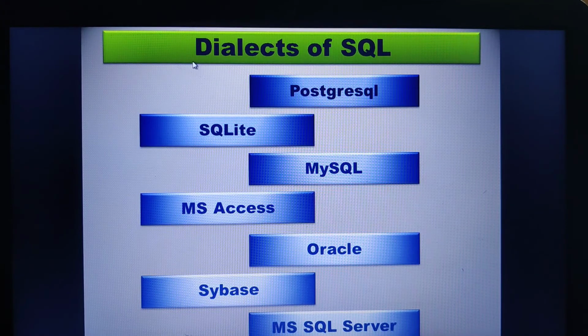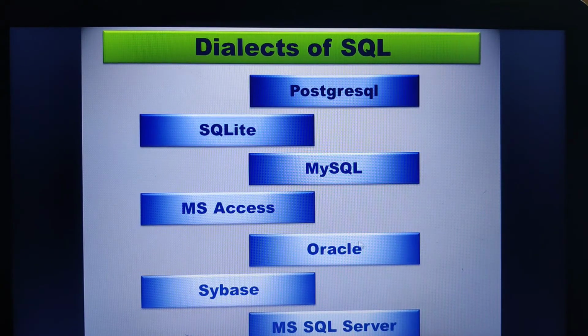Then next, these can also be called the dialects of SQL. These examples of relational database management systems can also be referred to as the dialects of SQL. I hope the concept is clear. Now herein we have RDBMS like MS Access. MS Access is using a version of SQL known as Jet SQL as its database language.